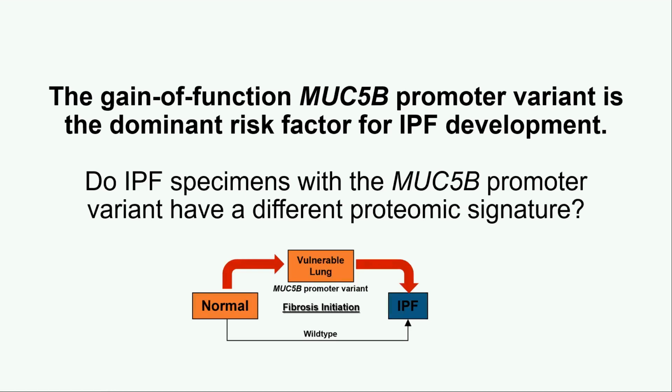Right. So this is the work that I did at the University of Manchester, UK, during my postdoc. And I was recruited to the University of Colorado, working under the mentorship of David Schwartz, where we are interested in understanding how the gain-of-function MUC5B promoter variant, which is the dominant risk factor for IPF development, impacts the development of fibrosis. So the question that we want to address is, does the MUC5B promoter variant have a different proteomic